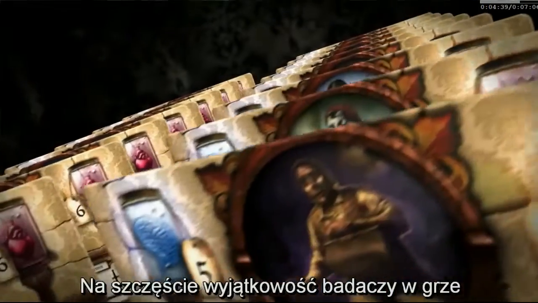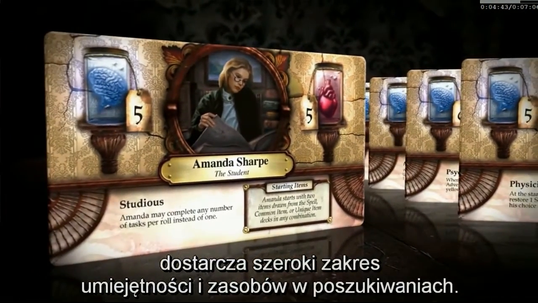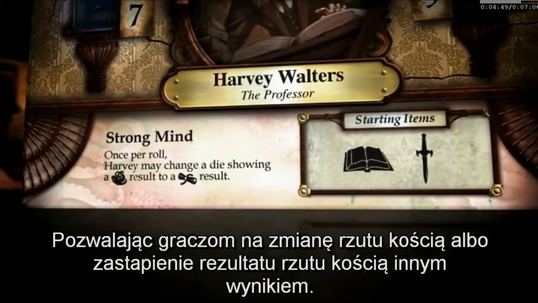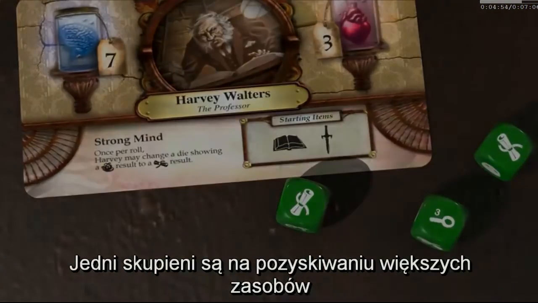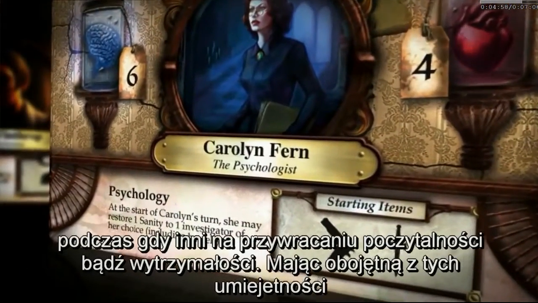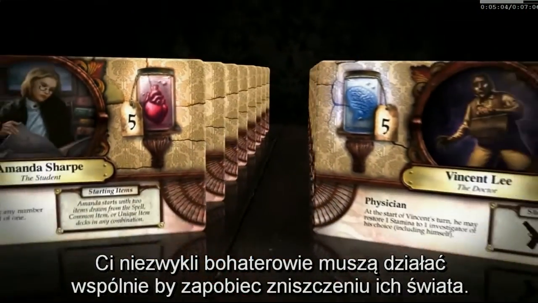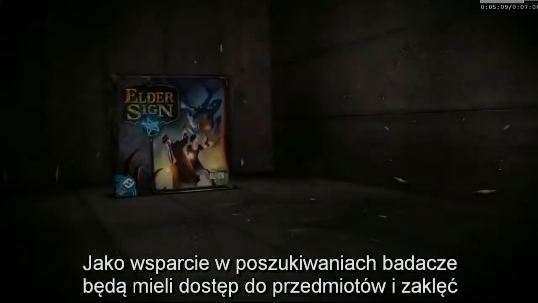Fortunately, Elder Sign's unique investigators bring a range of talents and resources to the search. Many investigators dedicate themselves to a specific research focus, allowing players to alter dice rolls or substitute 1 die result for another. Some focus on acquiring more resources, while others can restore sanity or stamina. Whatever their unique skills, these unlikely heroes must work together to stop the destruction of their world. To aid their explorations,